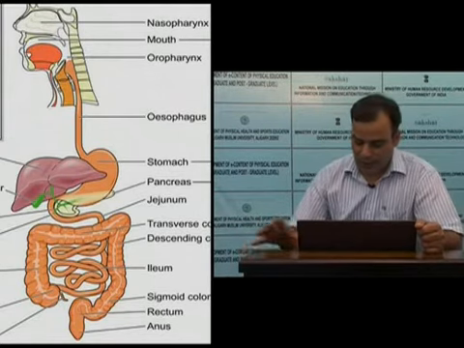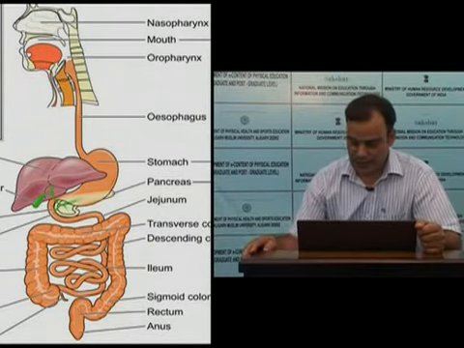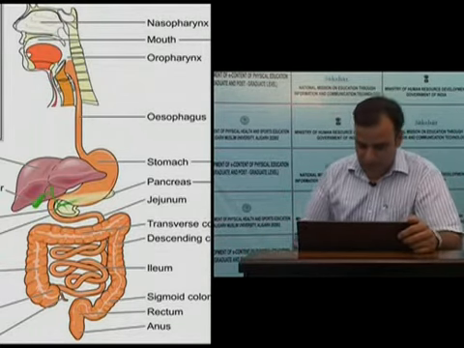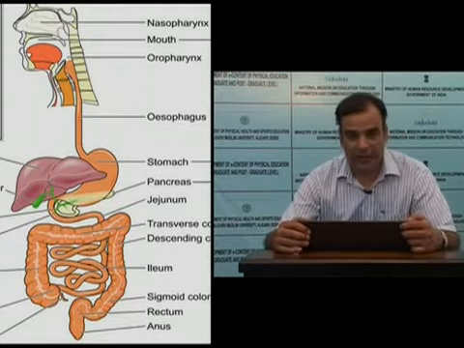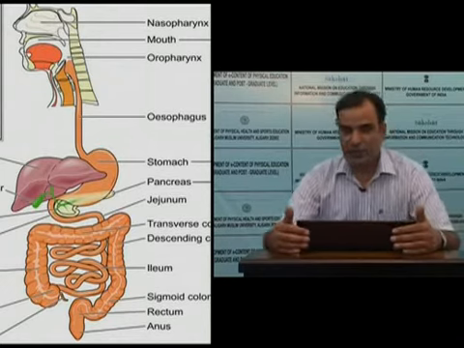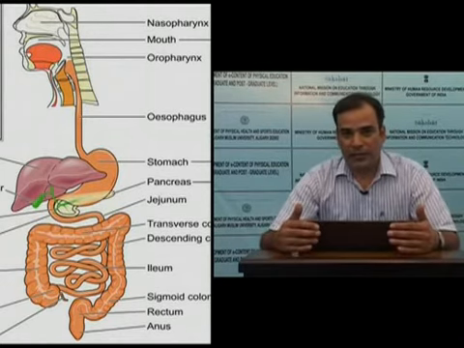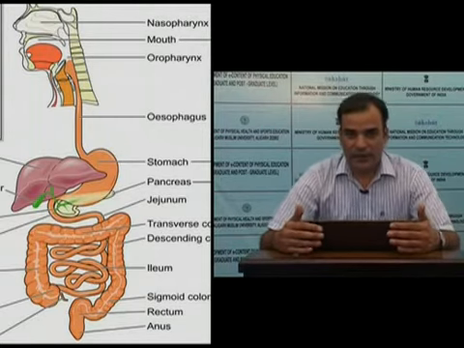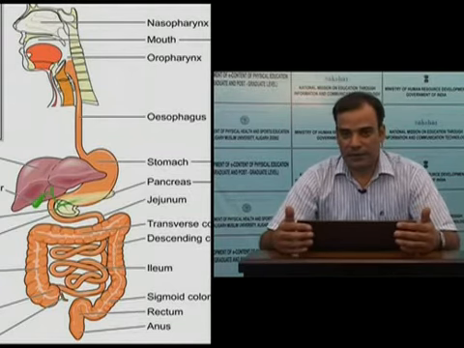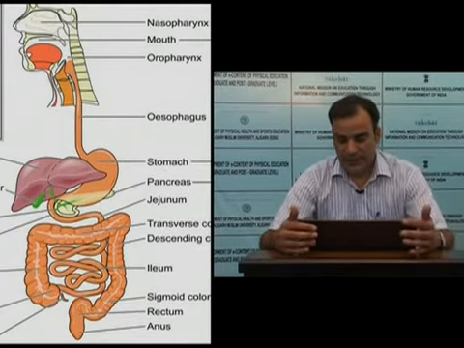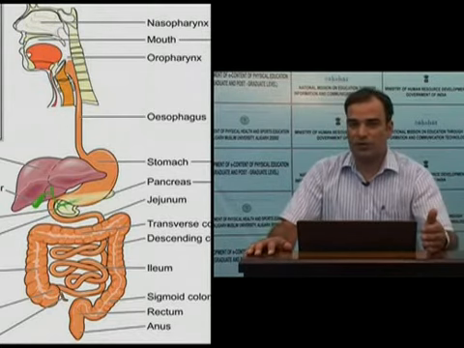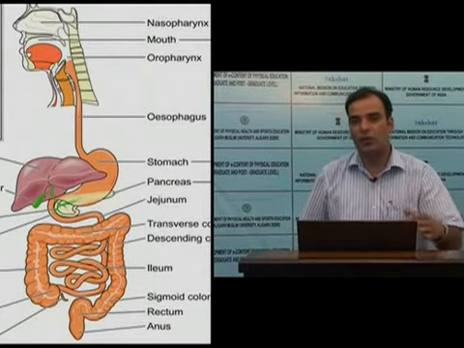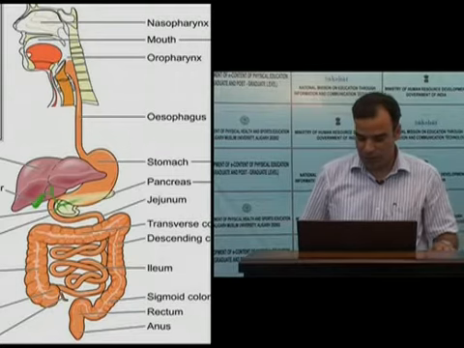In the stomach, there are two types of secretions. One is acid and the second is pepsin. Pepsin is an enzyme which digests proteins. From the liver, the secretion which helps in digestion is called bile. Bile actually does not contain any enzyme, but it helps in the digestion of fats. The pancreas, which is also an accessory gland, also secretes many enzymes. In fact, it secretes a cocktail of enzymes that help in digestion of different components of food. And as I said, in the whole GIT, there is secretion of mucus.